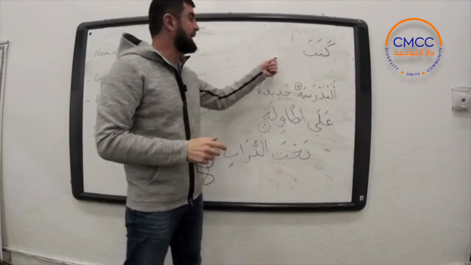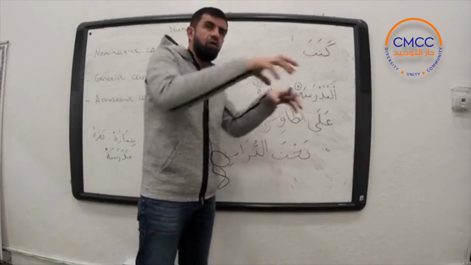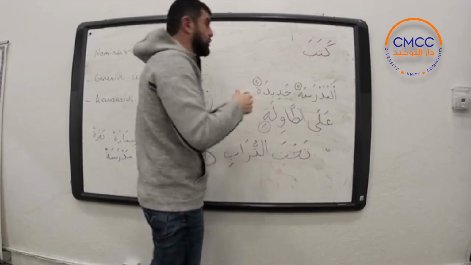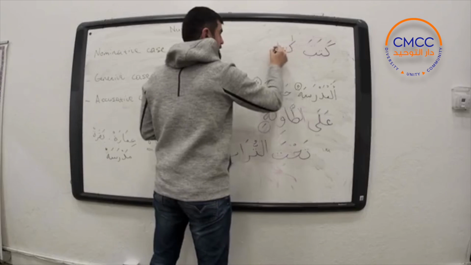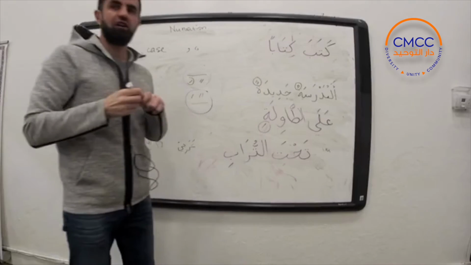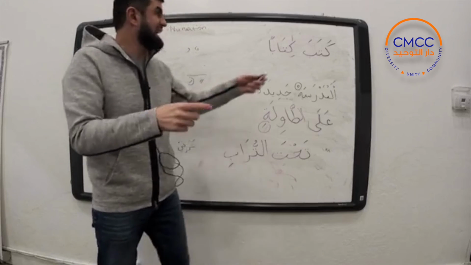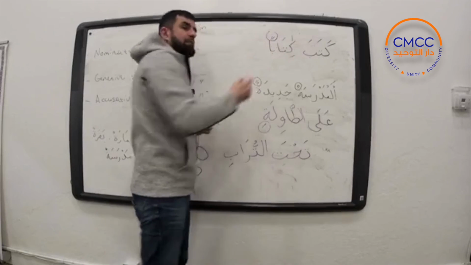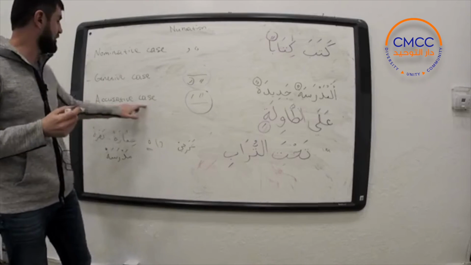So basically if we put a noun after this verb, we do an action over this noun. Kataba, he wrote a book. It's going to be like this, okay? If we undertake any action on this object, okay? So he wrote a book, kataba kitaban. It's going to have this tanween, okay? It's going to be fatha, okay? And this one is called the accusative case.